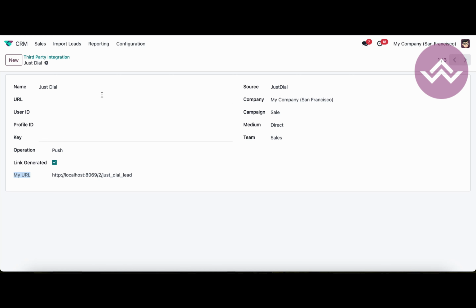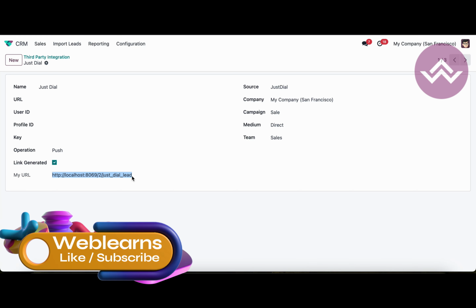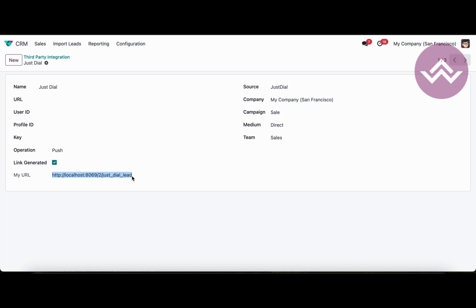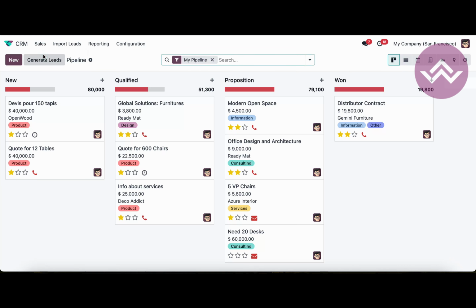After that, once you have successfully configured this part, you have to copy this URL and hand over this URL to your Justdial team, and they will configure it from their side. And from now onwards, the new leads automatically generated in Justdial, the Justdial team will send that lead to this URL. Okay, and once we successfully receive any new leads, they will go here